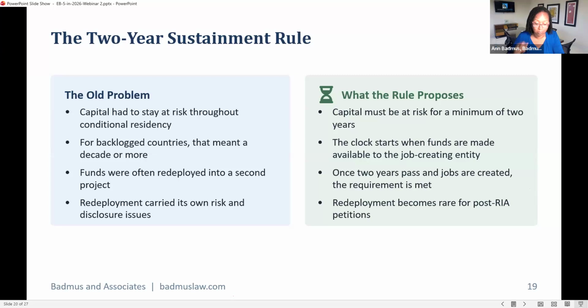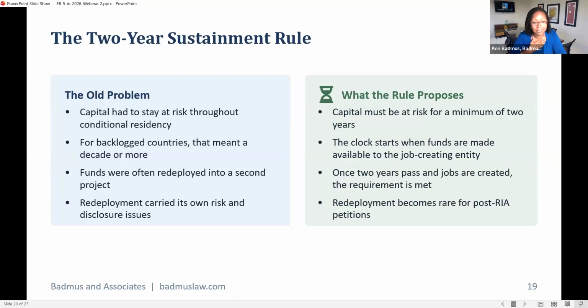And that is really a great rule. It's rare that we see it, but it's a great rule from the government, because what they're saying is that you must keep your capital at risk for a minimum of 2 years from the date it's made. So if you put your money into the investment today, it must be kept in that investment for at least 2 years, along with the required jobs. And if those 10 jobs have been created within that 2-year time frame, then you've met all the requirements, and you can potentially receive back your funds if all has gone well with the project, and still be able to proceed with the